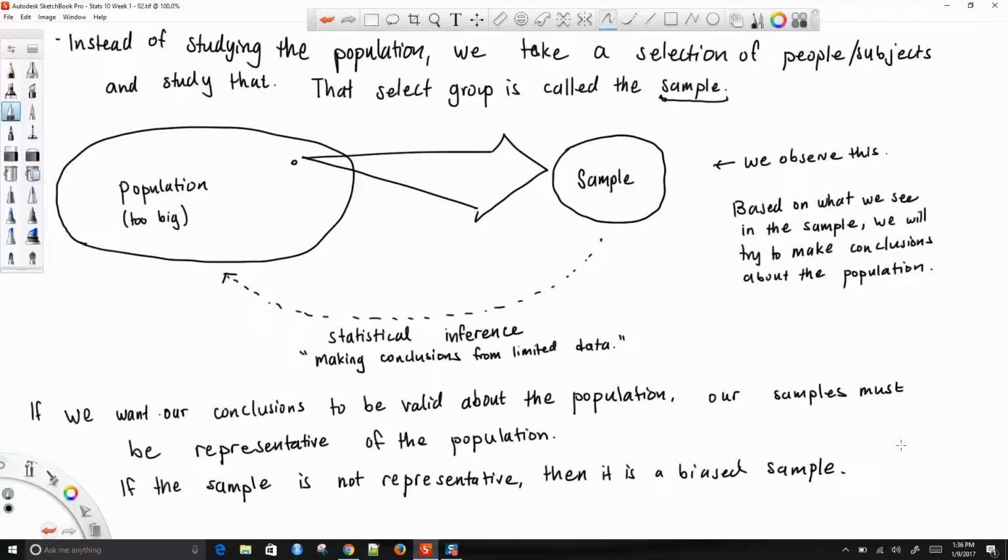So, you know, the whole idea with polling was we're not going to survey all however many hundreds of millions of Americans there are, or voters there are, but you take a sample of maybe 1,000 voters or something like that. Based on the responses you get in those 1,000 or so voters, you're trying to make a conclusion about how, let's say, the state of Florida is going to vote or something like that. And then you say, well, this is what my sample looks like, then this is what I think Florida is going to look like, okay?